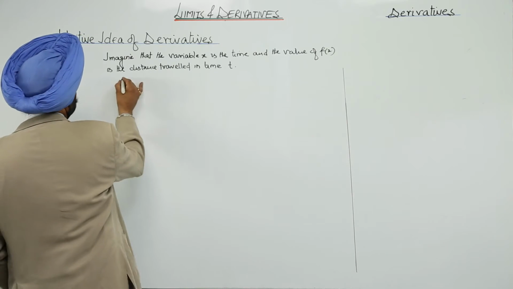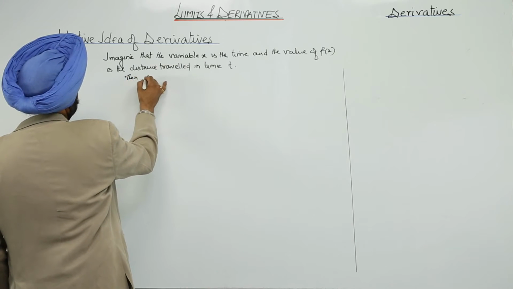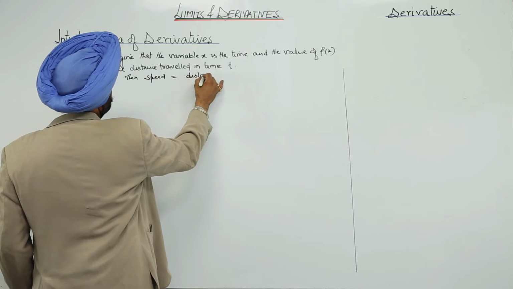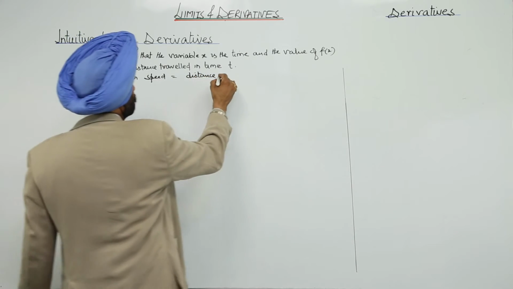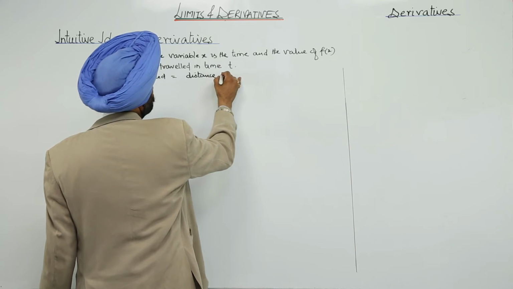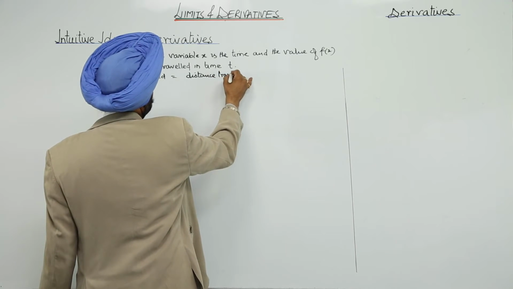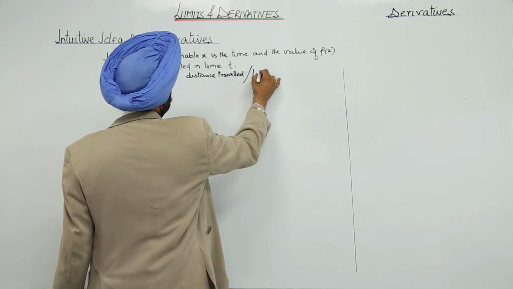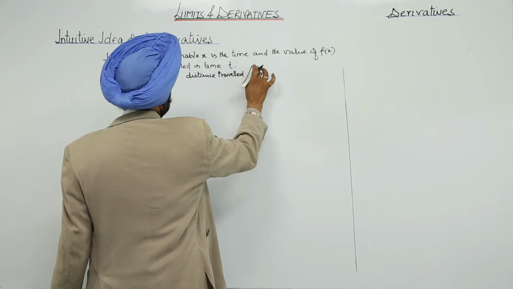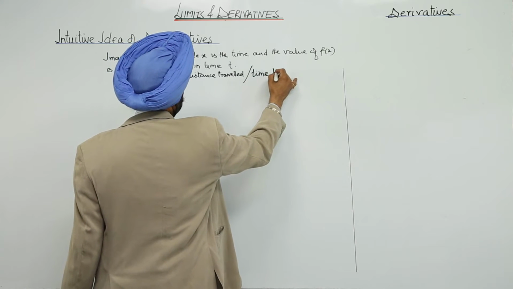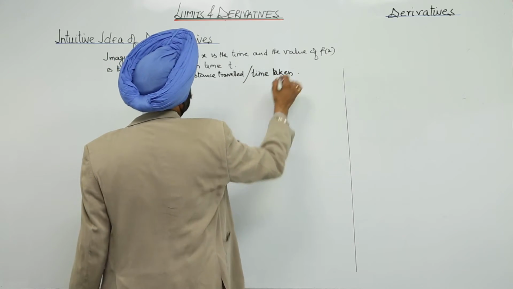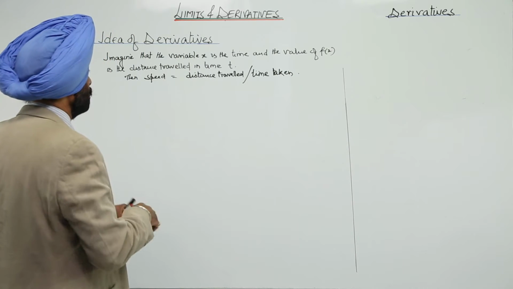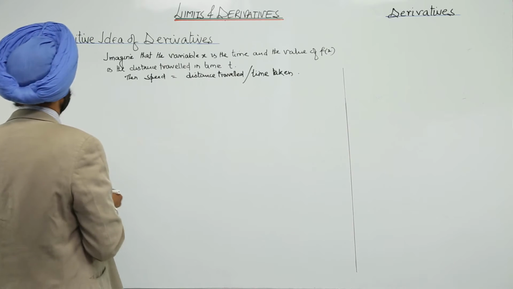Then speed is equal to distance travelled upon time taken. So this is a very general formula which we are all normally using in physics, all these things, okay. Now,